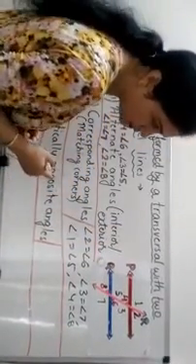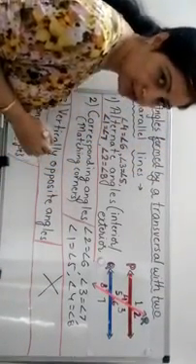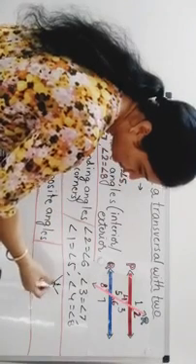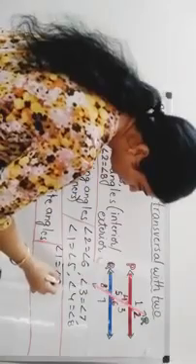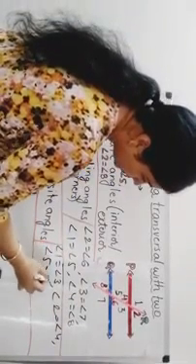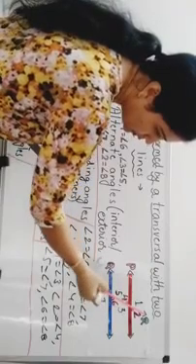Then next, vertically opposite angles. Vertically opposite angles means when any two lines intersect each other, the angles that are in the vertically opposite position will always be equal. So here you can see angle 1 and 3. Here also again 4 pairs. Angle 1 and 3 will always be equal. Angle 2 and 4 are also called vertically opposite. Then 5 and 7. And the last pair, angle 6 and angle 8. So specifically you need to remember the position: when they are sharing the vertex, they are vertically opposite angles.